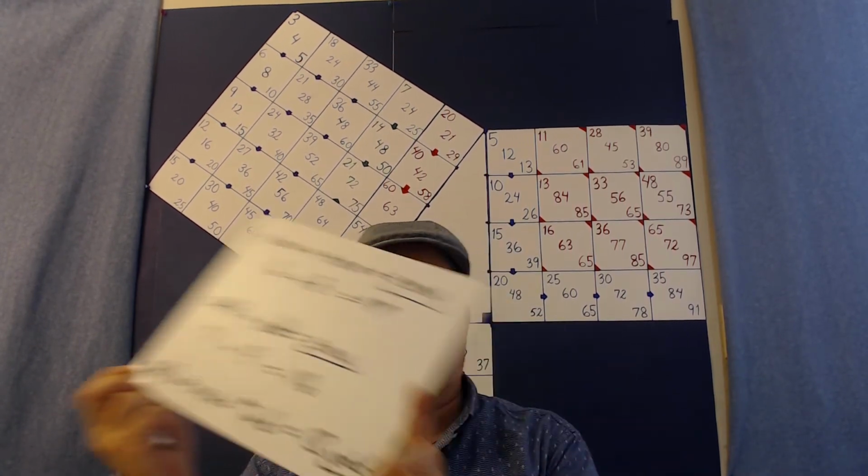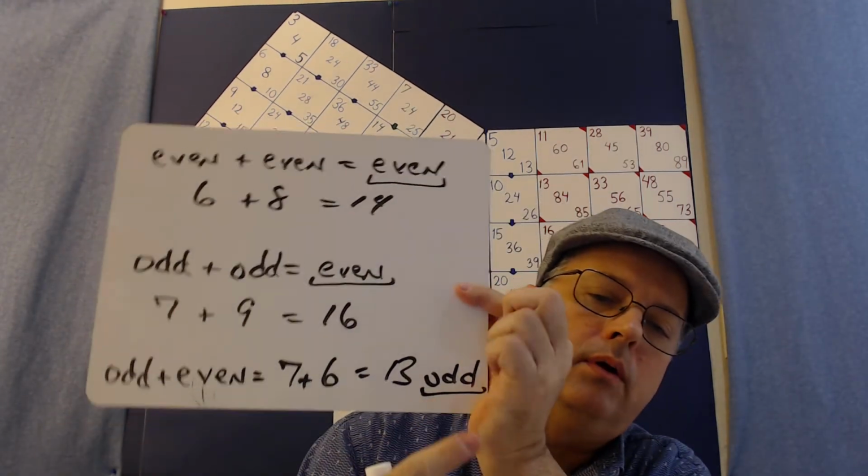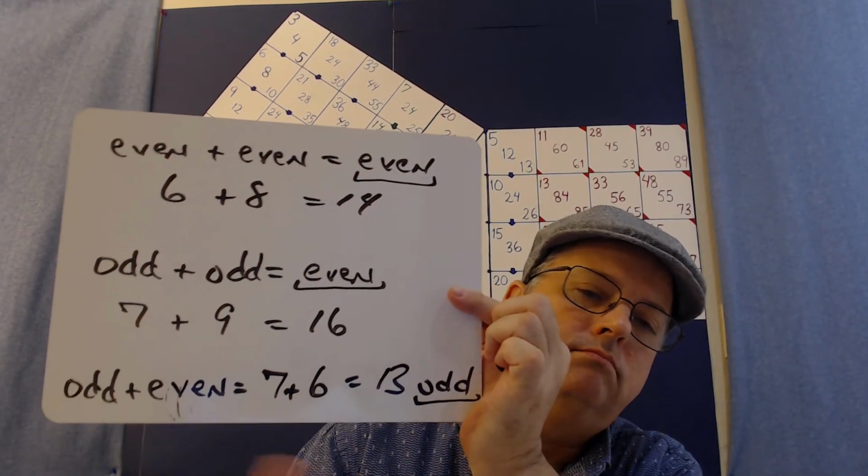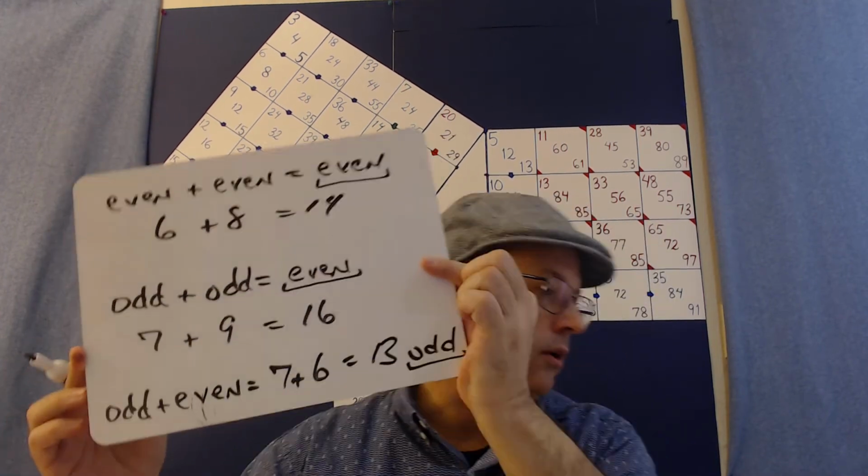Okay. And so the only way that you're going to get an odd number is if you mix it up. So if you have an odd number plus an even number, such as 7 plus 6, then that's how you're going to get an odd number. So the only way to have a result of an odd number is to mix it up. Just a little neat thing. You may already know that. Okay, so